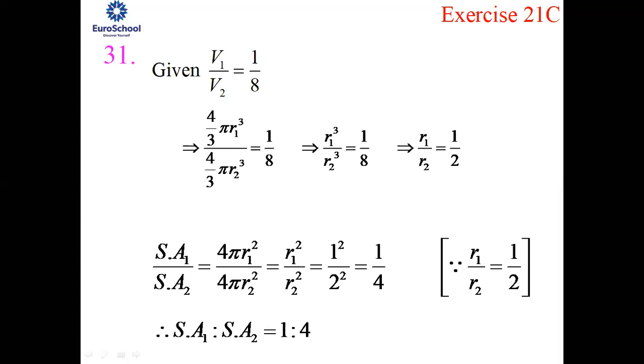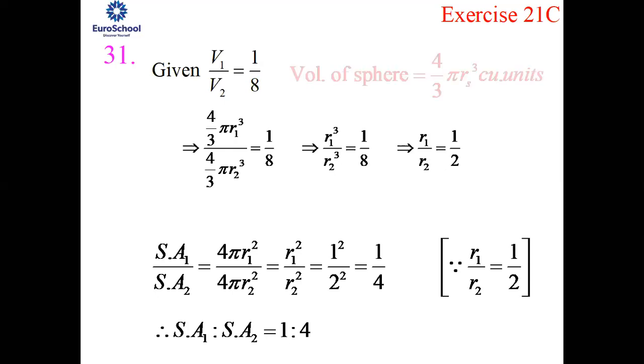Now, how do you find out R1 and R2? Here also you have got cube. Numerator also there's a cube, so denominator also there's a cube. So can you take cube root throughout? This one can be written as 1 cube. Your 8 is nothing but 2 cube, right? So when you take a cube root, you end up with R1 upon R2 is equal to 1/2, because 2 cube is nothing but 8. Fine. So you get R1 upon R2 is equal to 1/2.